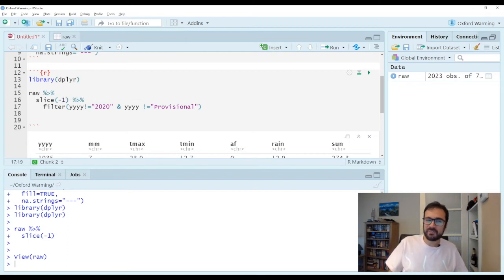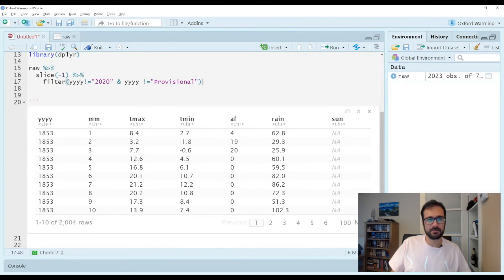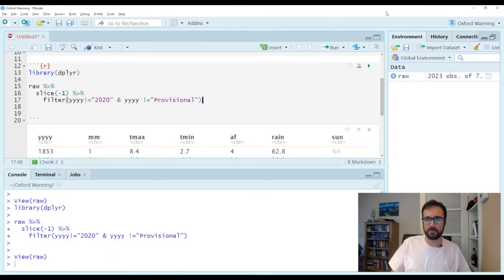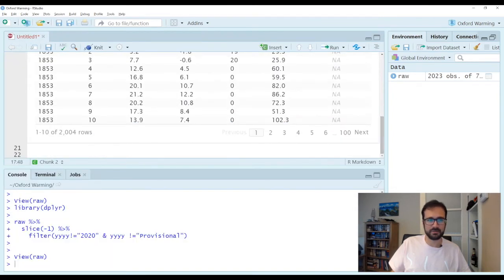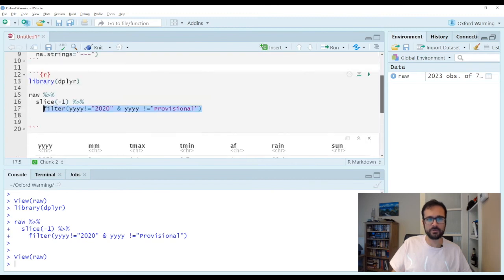Also, because this is still being treated as a character, I think I'm going to have to put 2020 in quotation marks. So now, when I scroll to the end, and I won't be able to actually see it here, but I can see from the output, I've reduced it down to 2004 rows. Previously here, this would have taken it down to 2022, and this has taken it down to 2004. So I'm fairly comfortable with this.